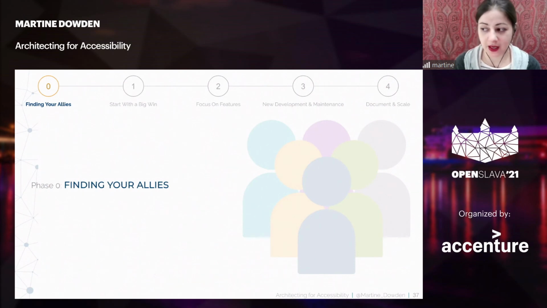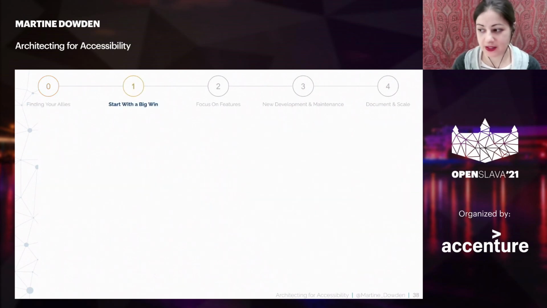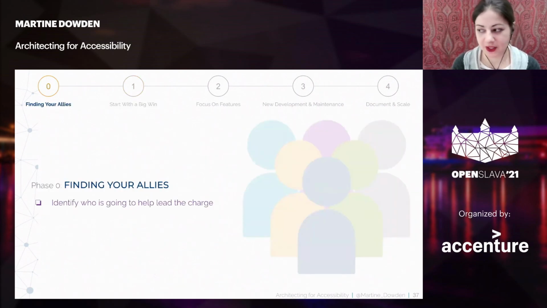And so once you've figured out who your team is, you've already pretty much done this piece, because as you're discussing accessibility with your team, you figure out who's really gung-ho about it, who's really excited about it. And those are going to be some of your driving forces behind motivating the rest of your team to get it done. So lean on people, right?